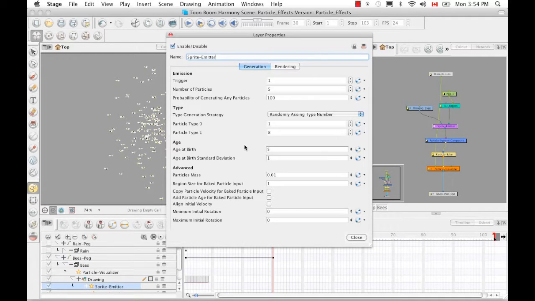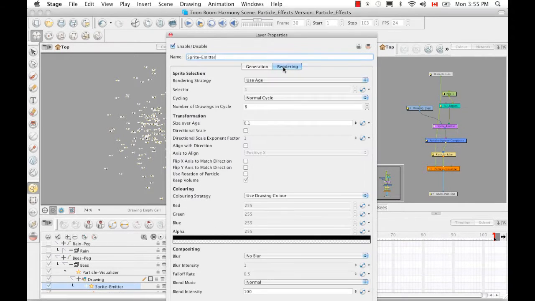They might start at frame 6, for example, and then continue around in that circular motion. So the age at birth is 5. So already on top of that random assigning, they're already 5 years old. So they're already part way through their cycle. And then if we go into the rendering tab, we can see that they're cycling at a normal cycle and that their rendering strategy has to do with their